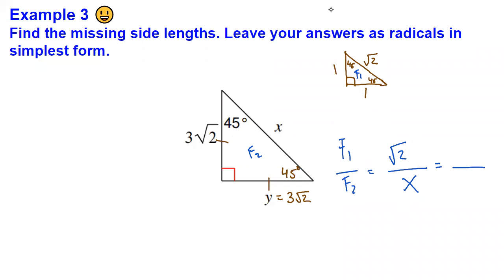Now, let's go ahead and use the given side. The given side that we have here from figure 2 is what length? 3 square roots of 2. Does that go on figure 1 or figure 2? Figure 2, so 3 square roots of 2. Figure 1 is corresponding 1, so this is going to go over 1. Perfect. Now let's go ahead and cross multiply. So 1 times x is x. Square root of 2 times 3 square roots of 2 gives me